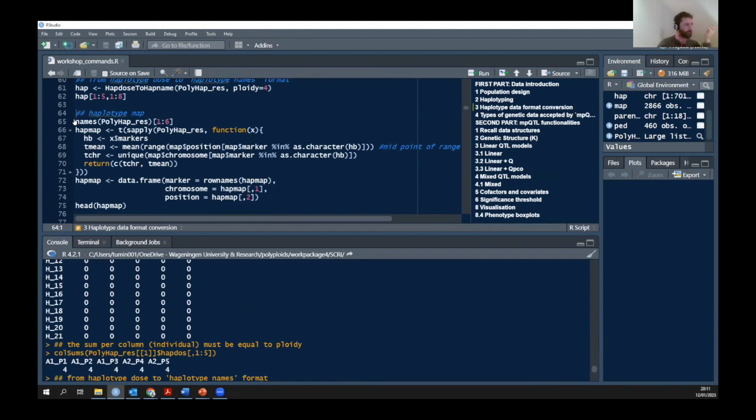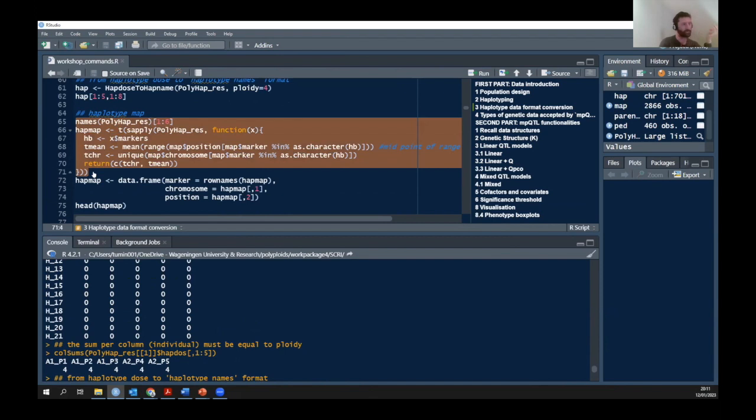So now to run the association, we need also a position for each marker. So for each multi-allelic marker in this case, I will just calculate the mean or the midpoint of all the SNPs that are included in each of those loci,